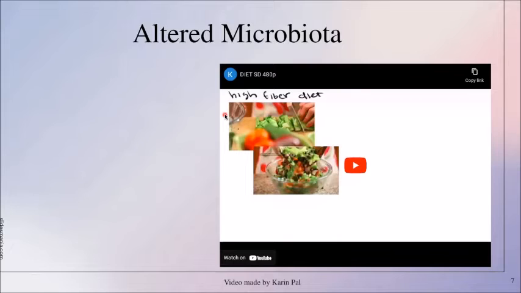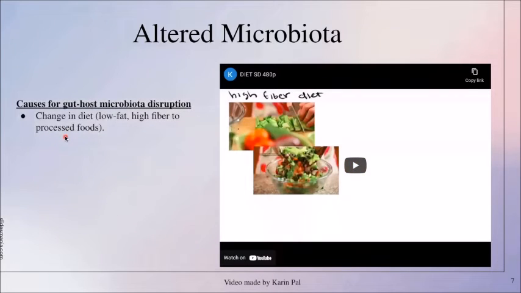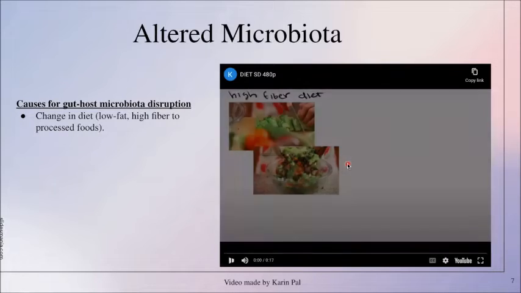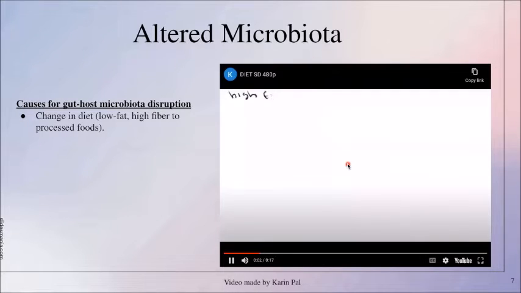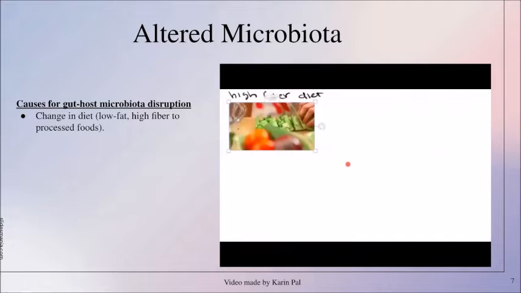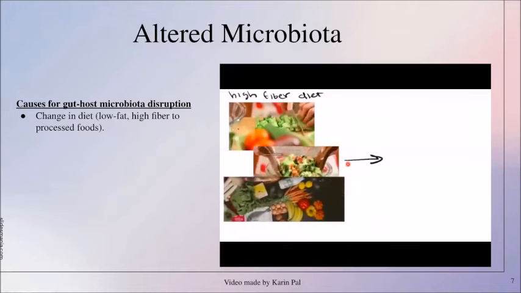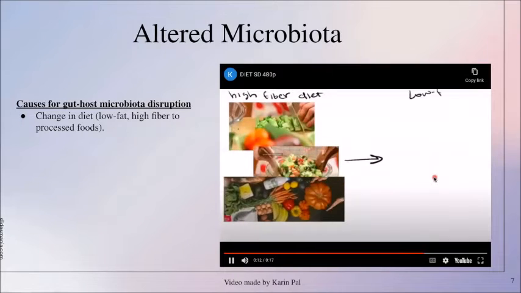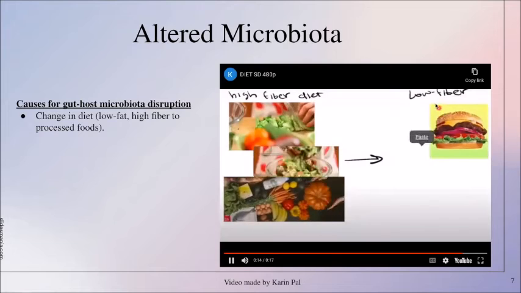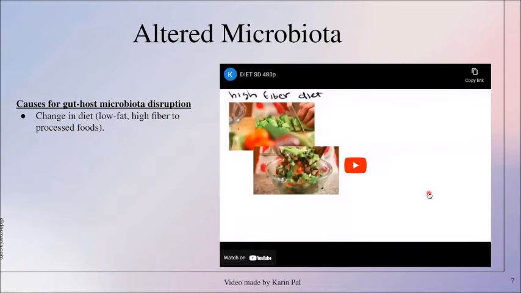A feature of Crohn's disease includes gut dysbiosis, which is most likely caused by diet, which is affecting the intestinal microbiota. More specifically, the disruption or alteration of the host-gut microbiota relationship is due to the change from a low-fat, high-fiber diet to the consumption of foods that typically contain food additives, such as processed foods and low-fiber foods that contain a lot of fat.